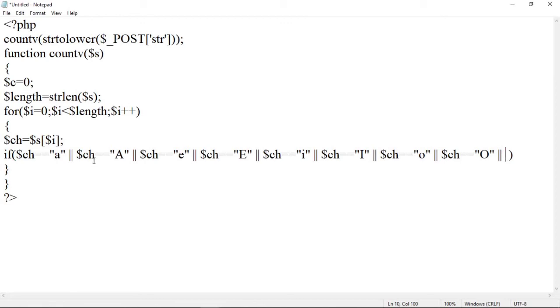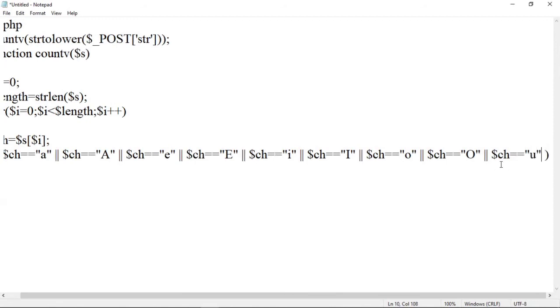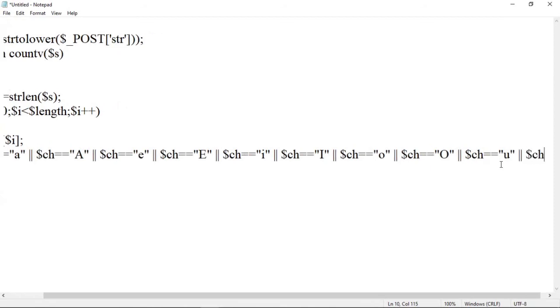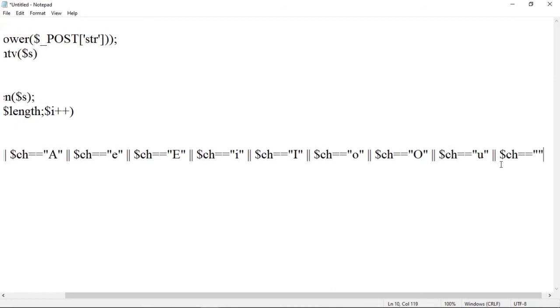The only difference is that here you should use $ch instead of only ch. So A, E, I, O, and the last one is U. So $ch is equal to small u, or $ch is equal to capital U.